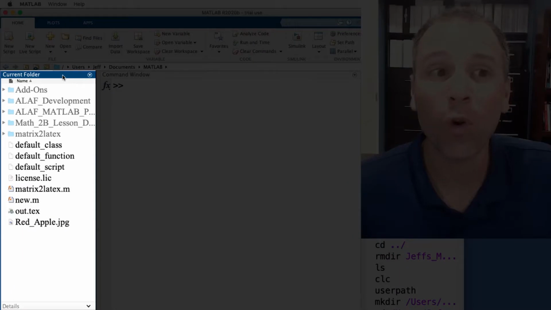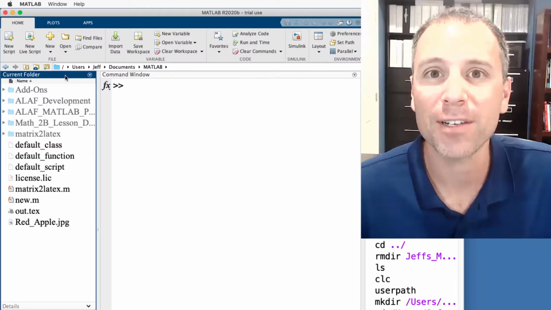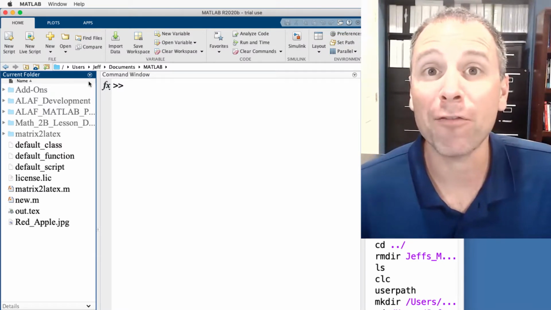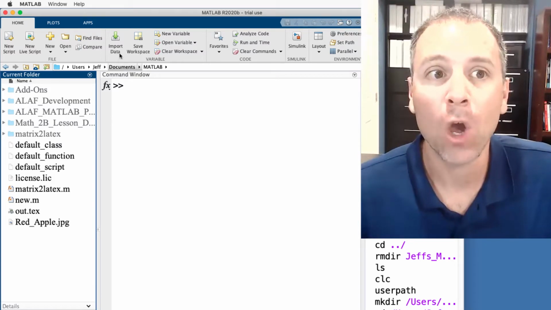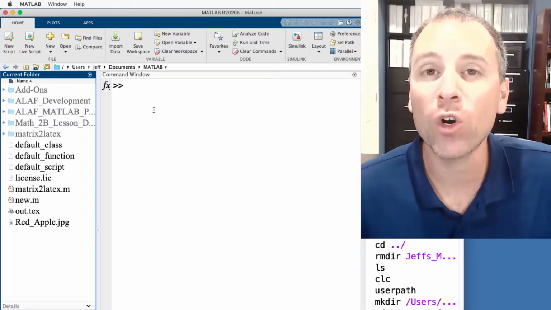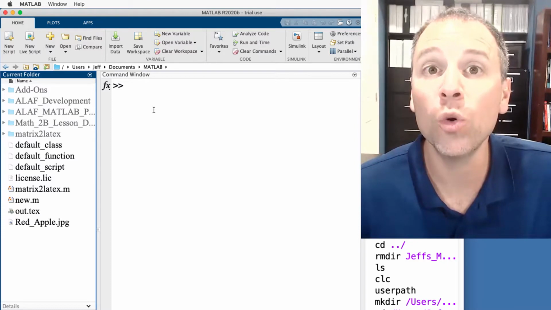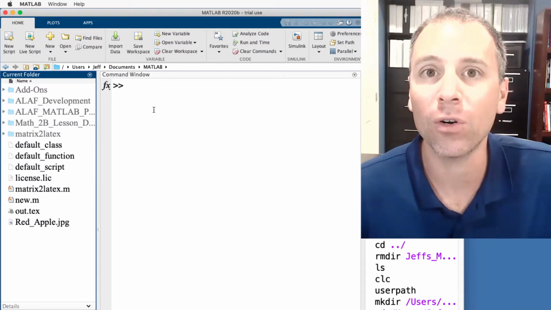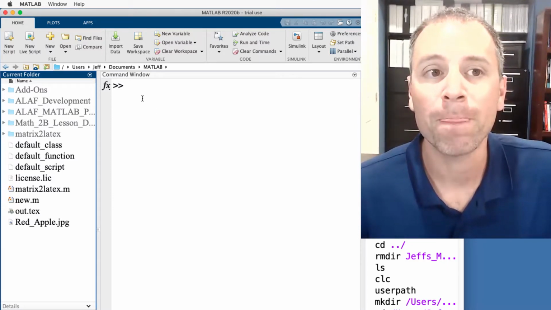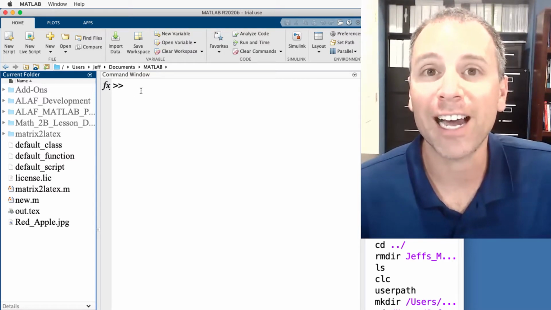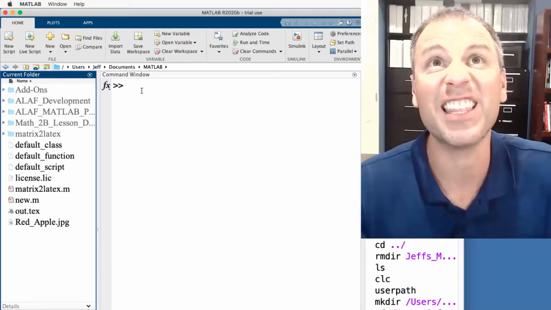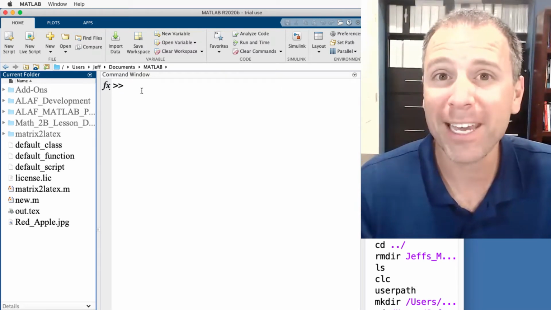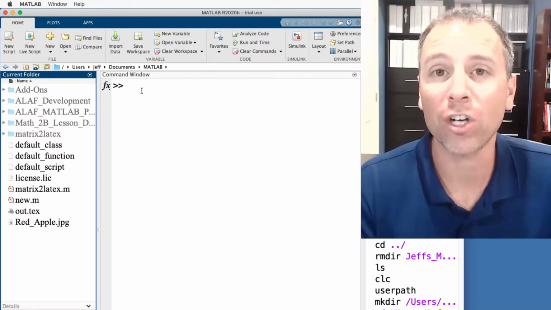This current folder window relates to a larger theme in MATLAB, which is known as paths. We can think about MATLAB as having a few different features, one of which in old school language is a kernel. We're actually looking at a graphical user interface, a GUI, which allows me to point, click, type, and have access to MATLAB's kernel. So the kernel is kind of like the command space, the working functionality in MATLAB.